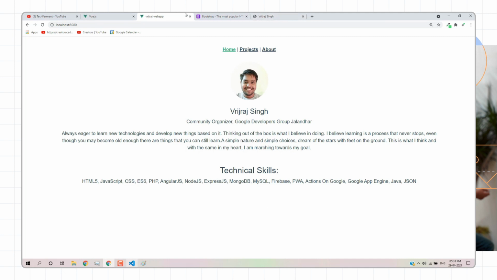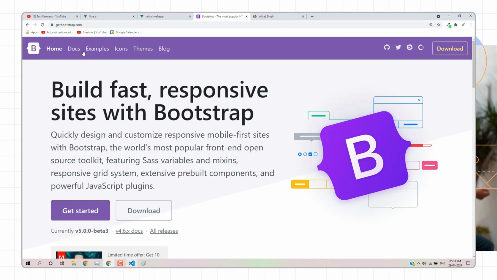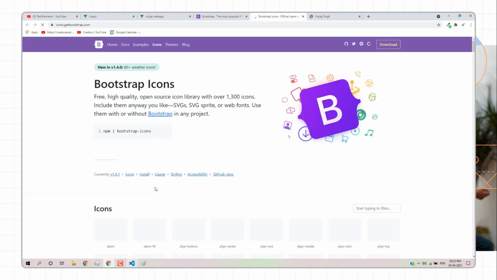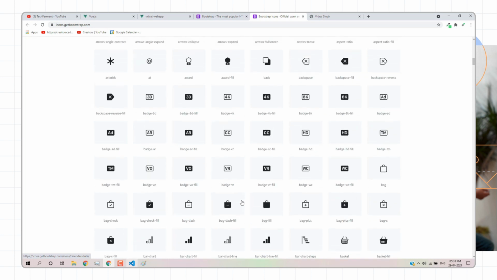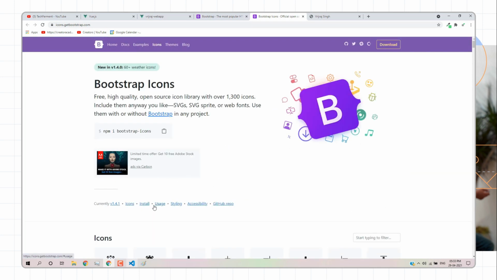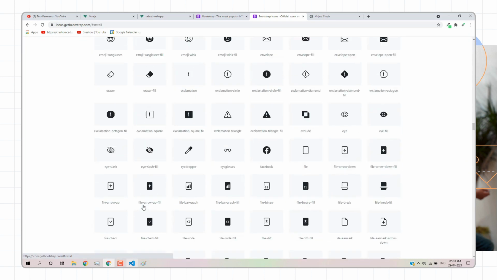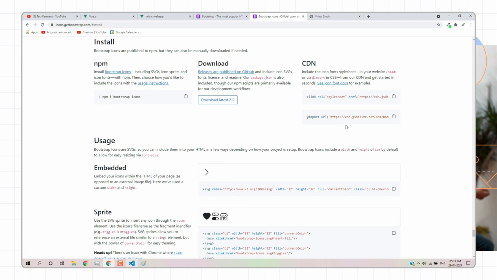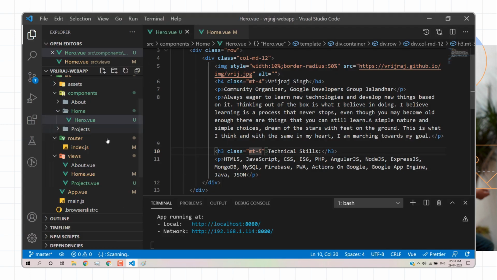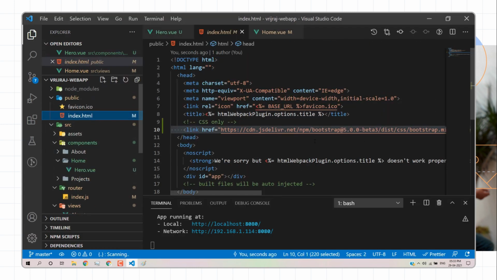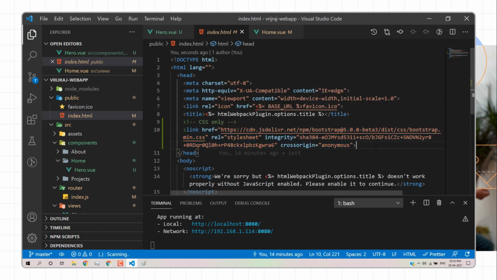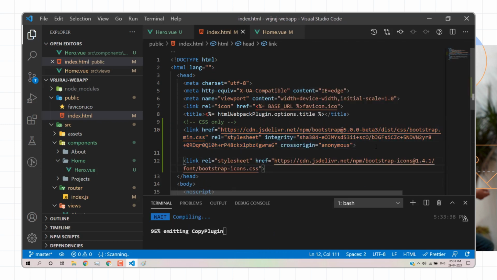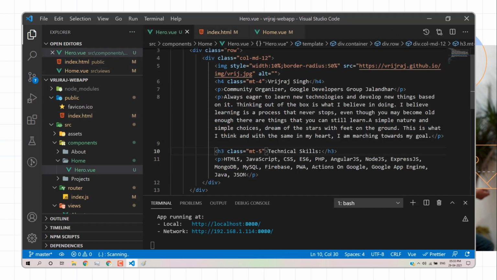Okay, now we can mention the icon. You can mention the icon. You have to go to Bootstrap and then we have the icon section. Okay, so this is a link, like we are working on icons. So you have to install the icons with the help of this link. We have a CDN path, this one. So I'll just copy it and we'll go to the public directory and then paste it after the CSS link of Bootstrap. So this one is for the icon. Now we are able to use the icon.